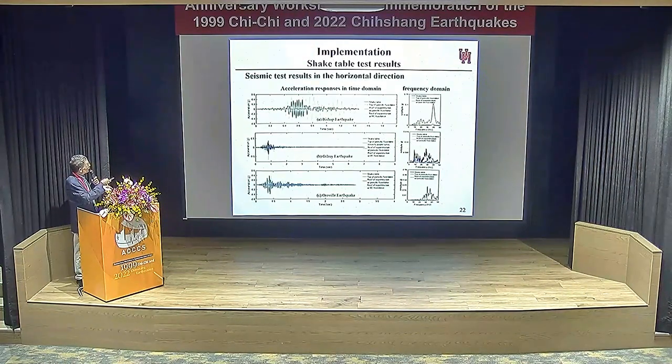And this shows seismic test, the result. The pink curve is the roof of the superstructure with our metamaterial foundations, pink curve. The black curve is the shake table input. The light blue is the top of the periodic foundation. Okay. As you can see, the y-axis is the acceleration. The earthquakes we use are Bishop,